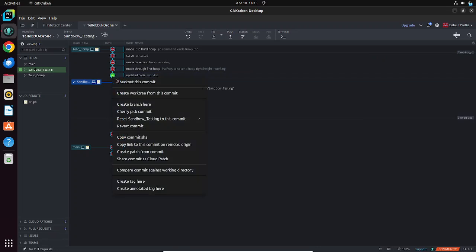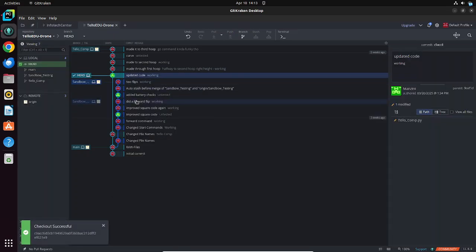I'm going to check out this commit. This is GitKraken, where we manage our repo and our different repos that we have. We have the Tello comp, we have the sandbox, and our main, which are just different branches of the code. In our sandbox, we just messed around, figured out some things, worked on some stuff, and then in our competition is where we actually made the code that we were trying to fly our drones through